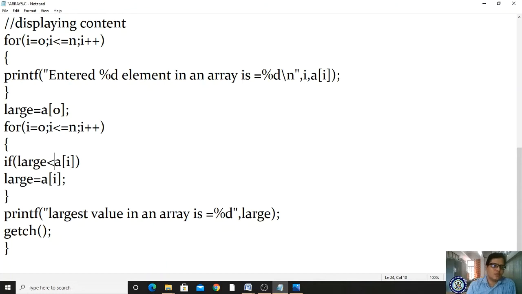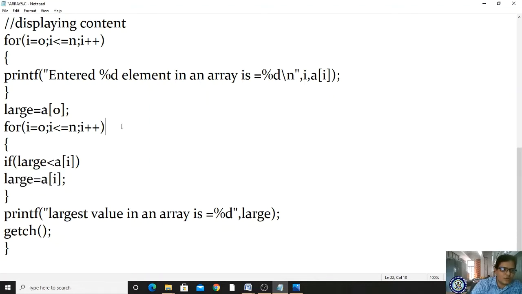Now let us see. In large less than a of I, please observe, first it is initialized, as I have stored 1 2 3 4 5. In the 0th location it consists of 1, right? 1 less than 1, condition false, skip, here it will come. Now I becomes 1, 1 less than or equal to 5, condition is true. a of 1 consists of the value 2, right? 1 less than 2, condition is true, automatically large becomes a of 1 location value, which is 2.